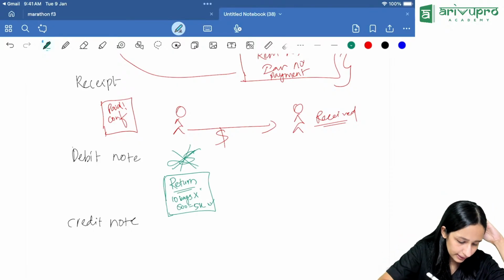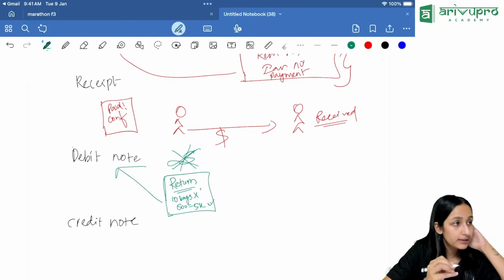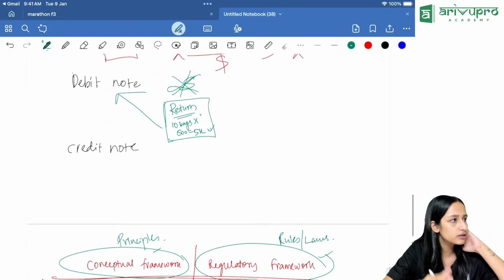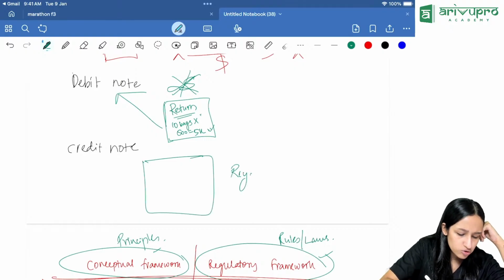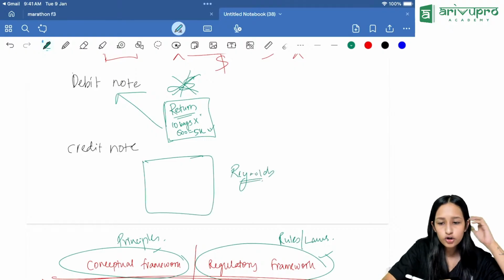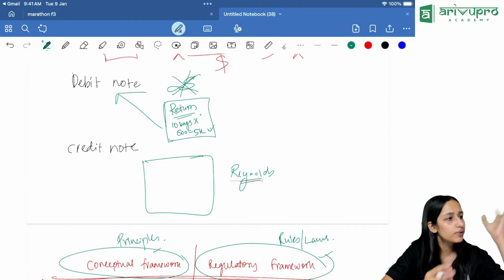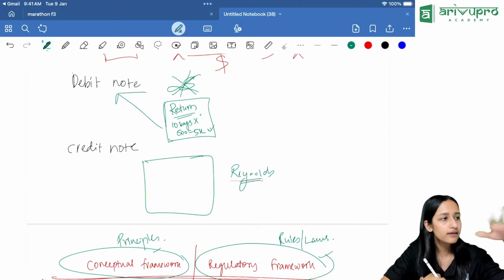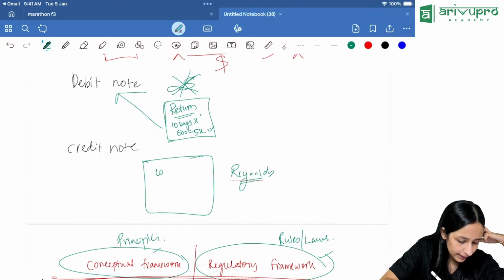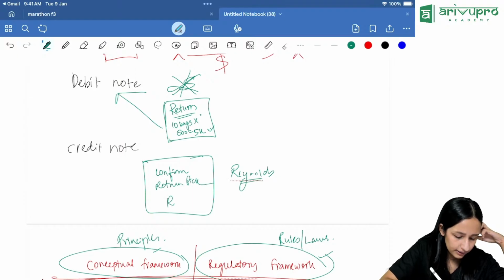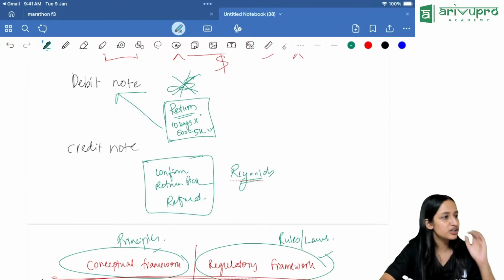So for that he sends a note. That's called the debit note. Got it? To return the goods. Now, what does Reynolds do? Reynolds is like, okay, I'm so sorry about this. We did not know about this. What are we gonna do now? We will take the goods back and then we'll send you the refund. I'm very sorry, Hilda. And to confirm that, okay, return pickup confirmed and refund confirmed, he will issue a credit